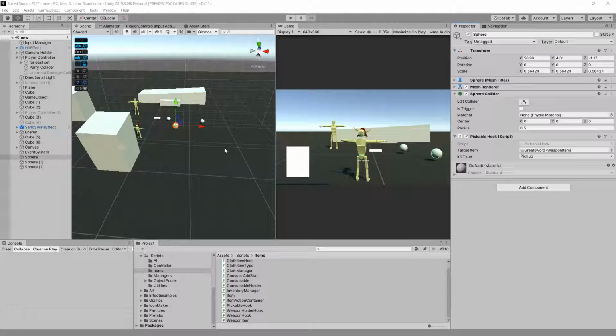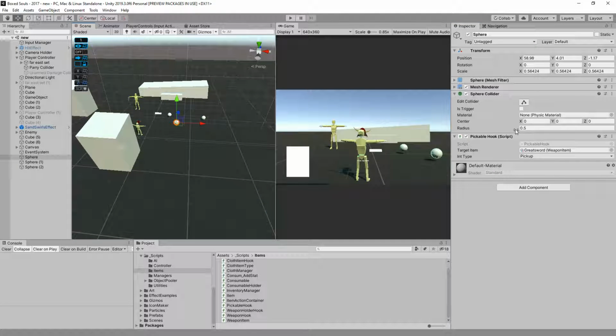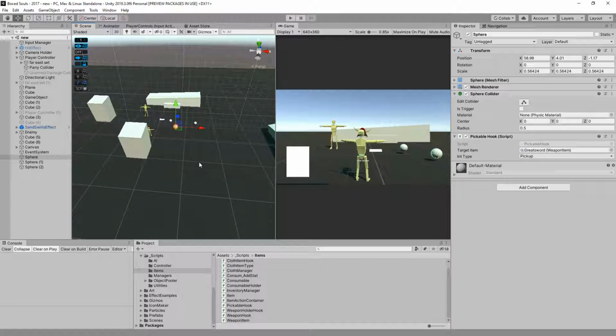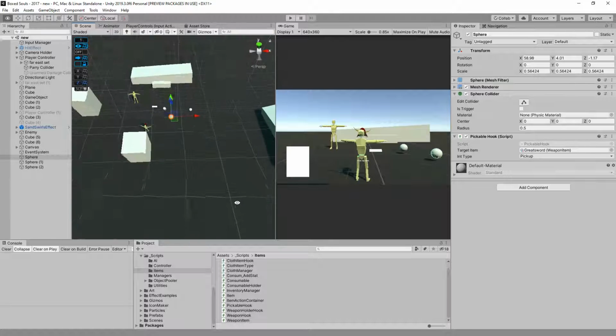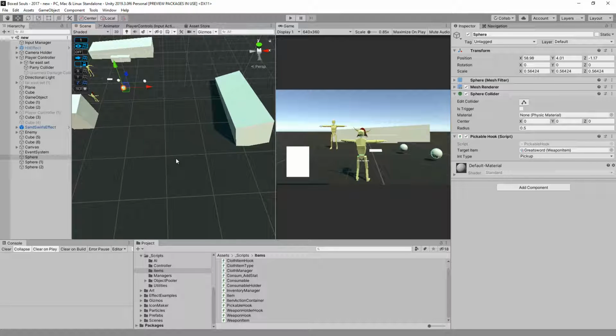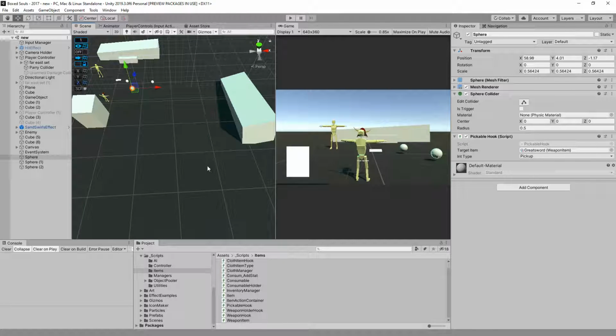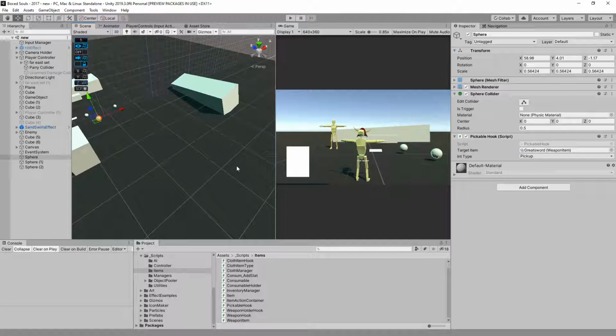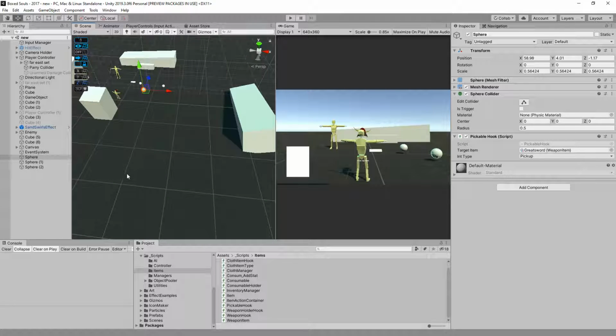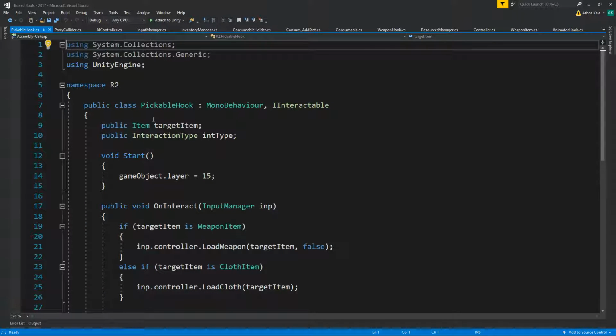So let's see a new case for interactions. We can call this either the fog gates or doors or whatever. The logic is almost exactly the same. I do not have an animation for opening the door, however, so ignore that. We're going to play a different animation, and we're simply going to trigger an event, or basically open a door or whatever. So the same logic we are using for the pickable objects,